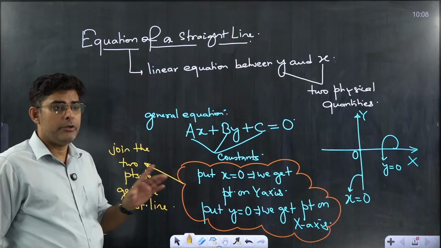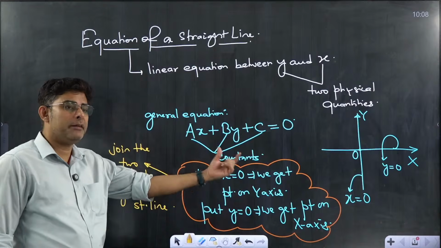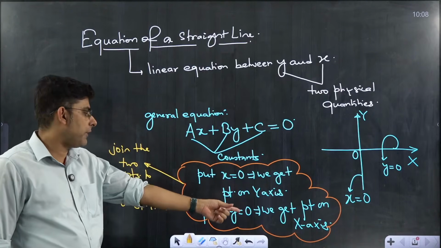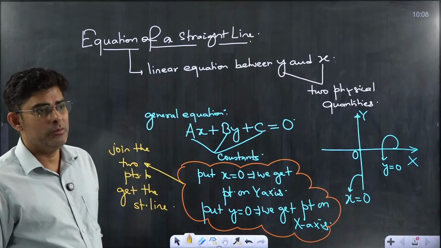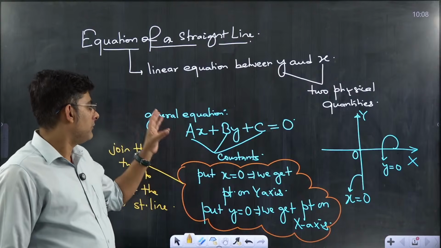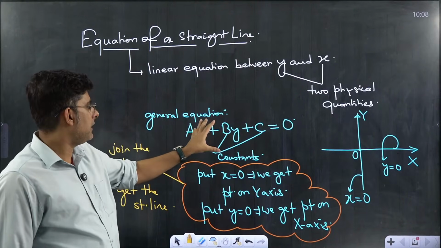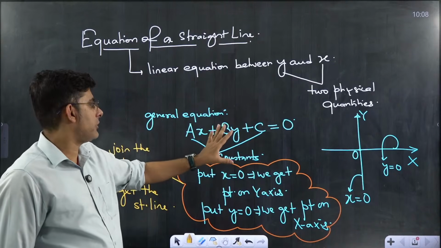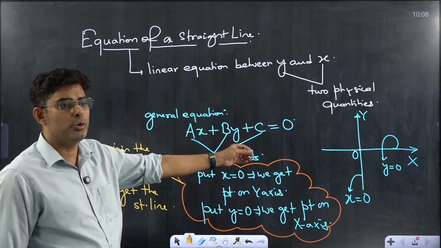Whenever we have to draw any graph, keep it in your mind that we have to put once x is equals to 0, once put y is equals to 0, and you will get the points. So now let's try doing this and getting the equation transformed into a graph. When the equation is given, any linear equation, ax plus by plus c is equals to 0, what you have to do is